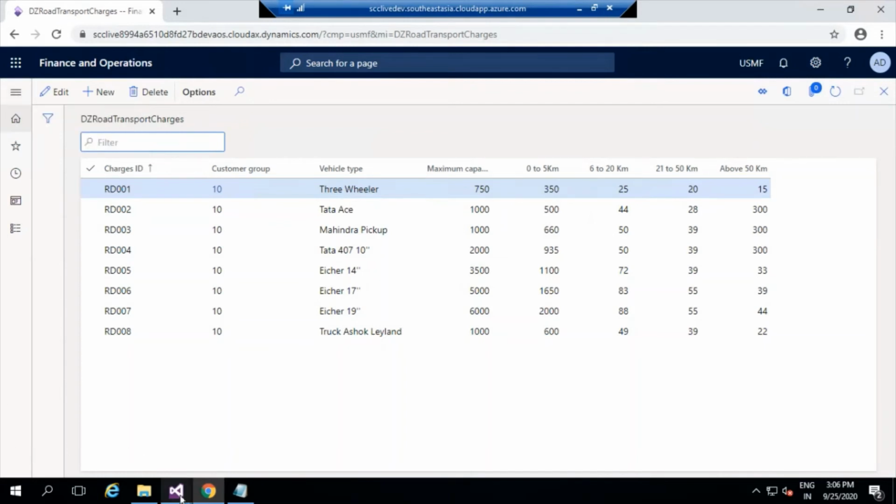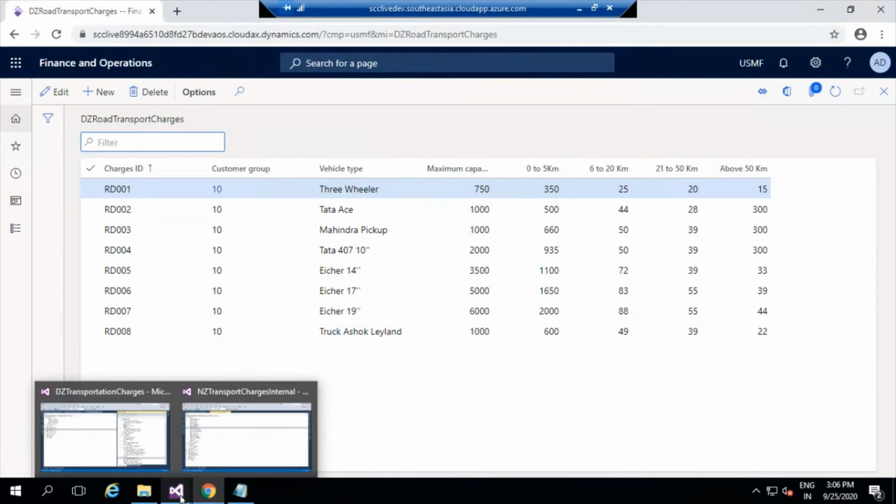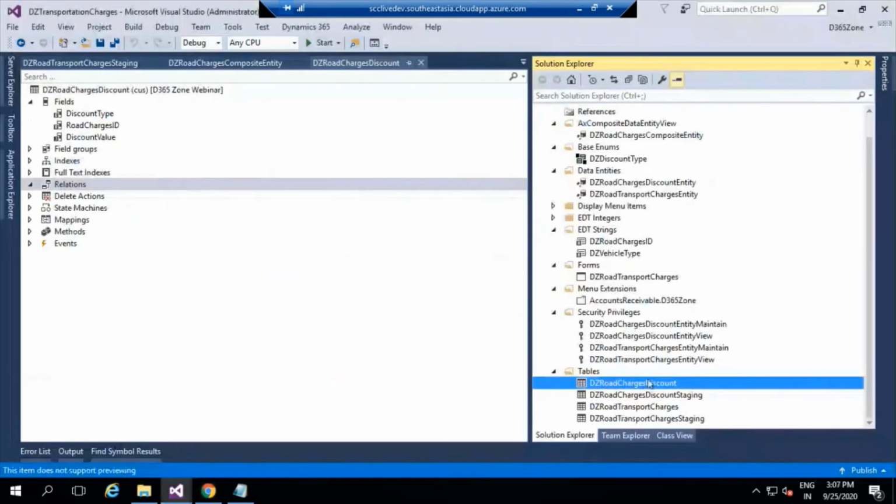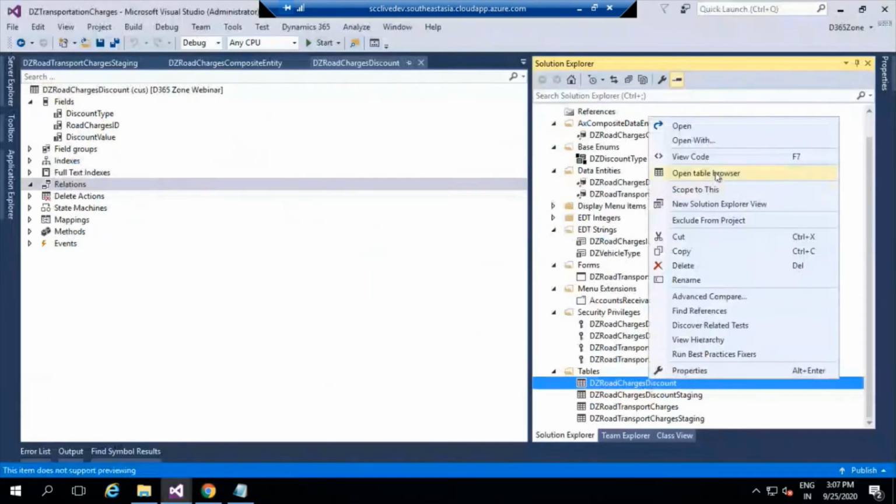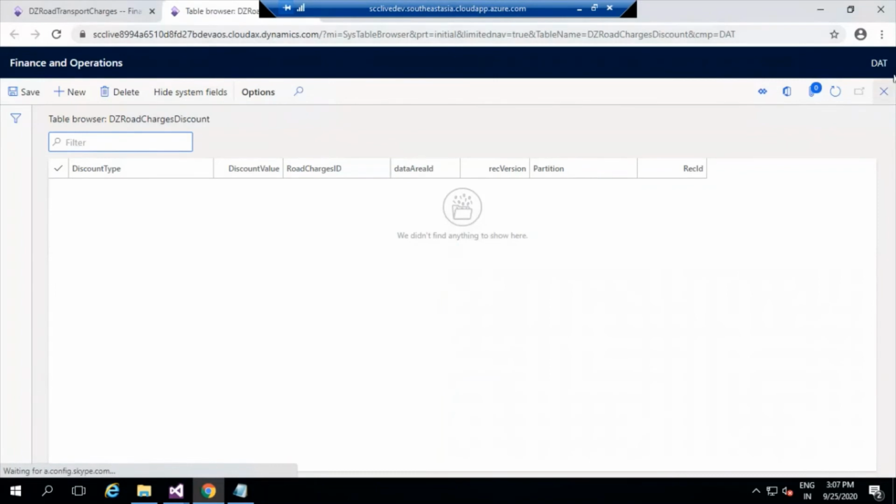Just for identification, when you're doing an export, we should have a proper export available, right? So for that, I'm going to create one small record in this particular table so that I'll have the structure of the table. So I'm going to directly go here and let me call this USMF.